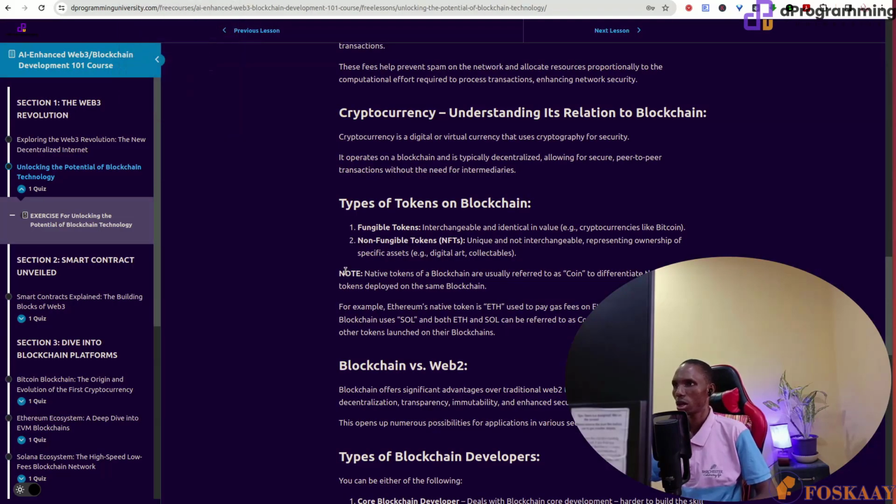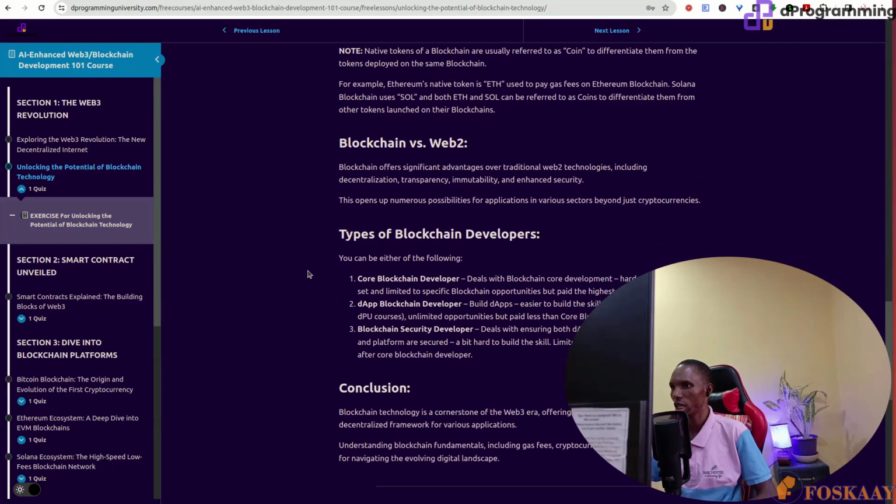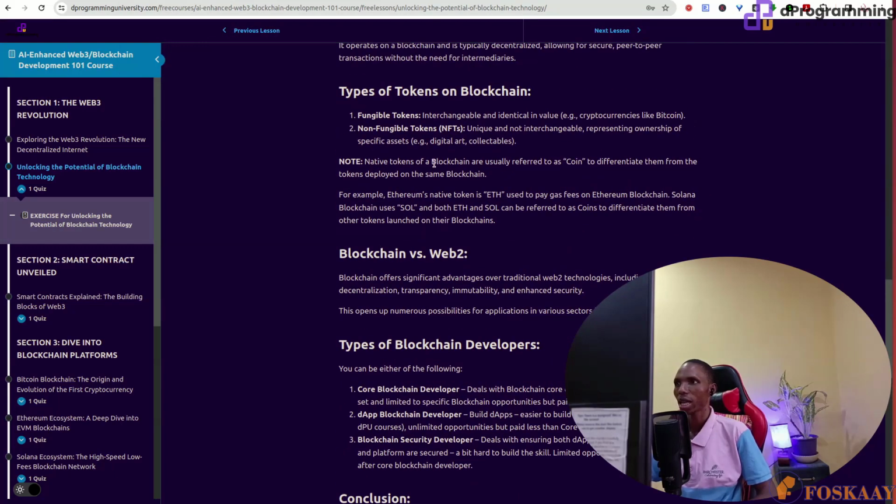So then, the types of token we have. The types of token on the blockchain are fungible tokens and non-fungible tokens; fungible means interchangeable and identical in value. Fungible token is like your dollar bill: if you have a $50 bill, you can change it for two $20 bills and a $10 bill.